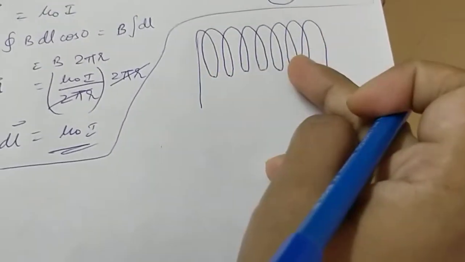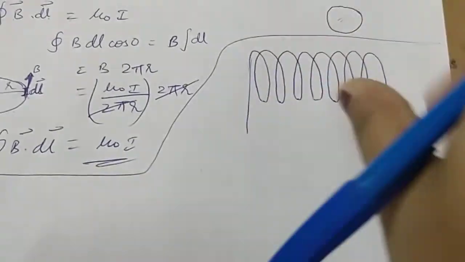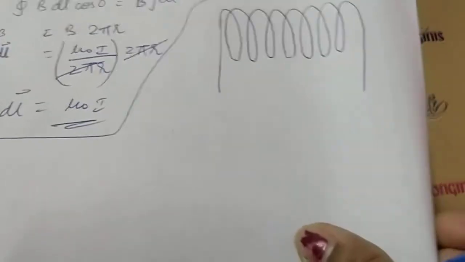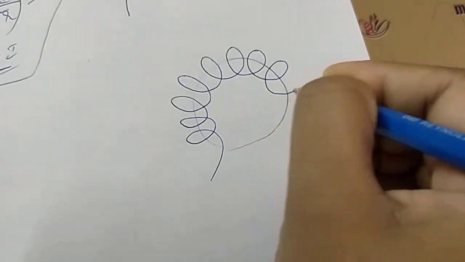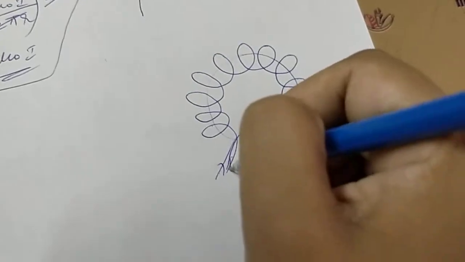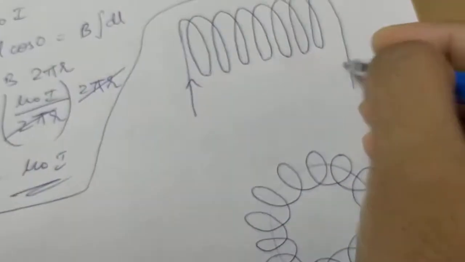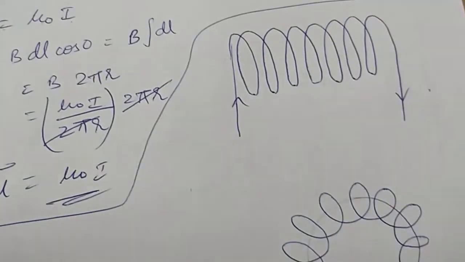Then this is a solenoid, and if the ends of the solenoid are joined, you will get this kind of a figure. See, that is called a toroid. Then this is an endless solenoid, this is a toroid. Okay, current passes and comes, and this is a solenoid. Fine. So for a solenoid, how to find the direction of the magnetic field?